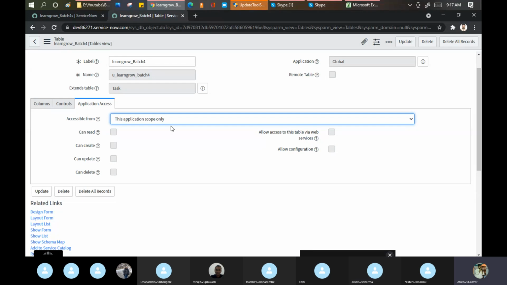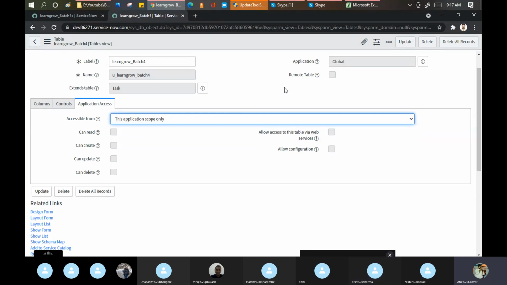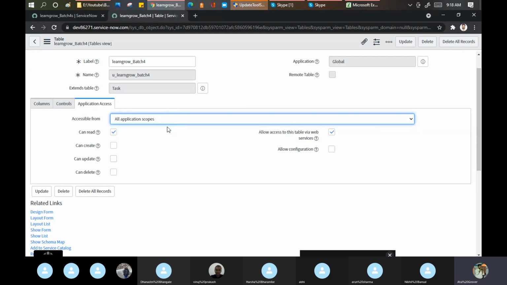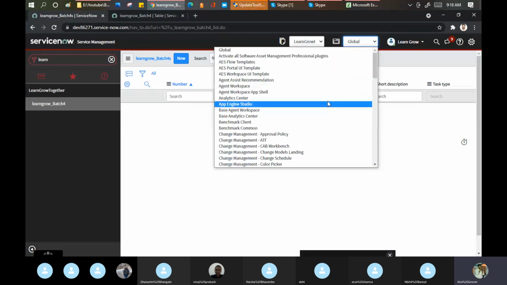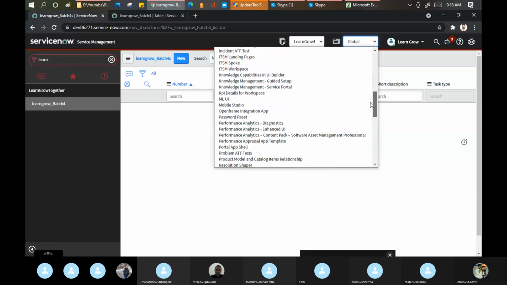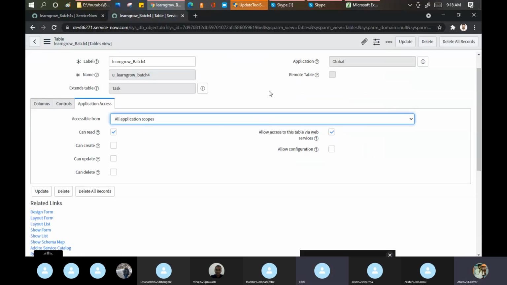The thing is that when I say application scope only, any application which I created in the global can use my table. If I say all, it means you can utilize it in these areas as well. I guess that was your question, Aishwarya, right? Yes. So that is the thing.